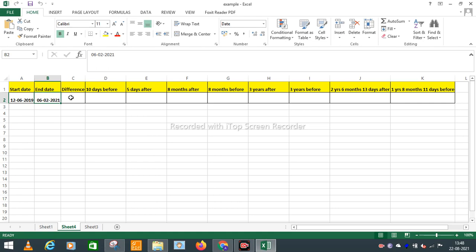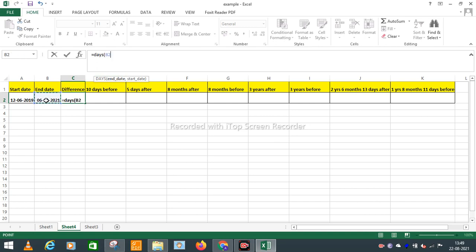The first function I will use is to get the difference between these two dates, the start date and the end date. I will use the function =DAYS. Now the syntax shows the end date will be given first and the start date second.